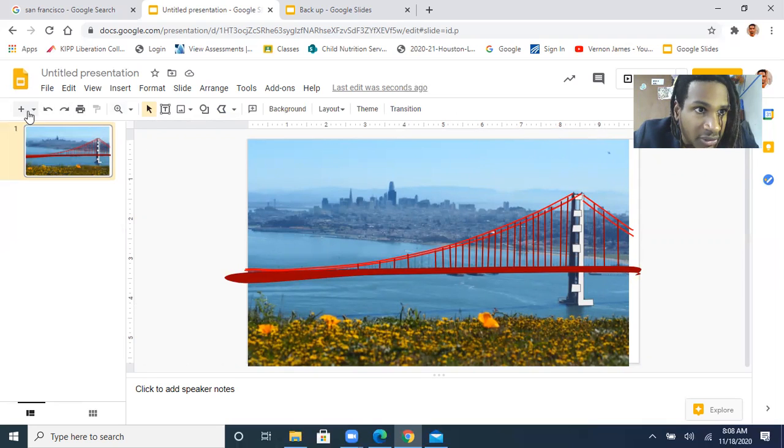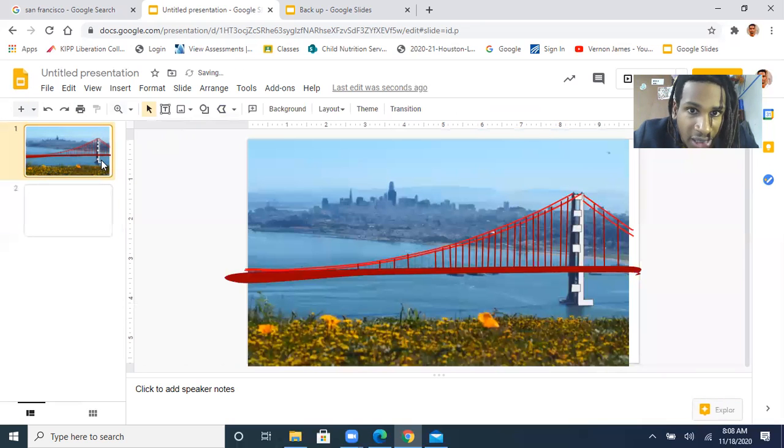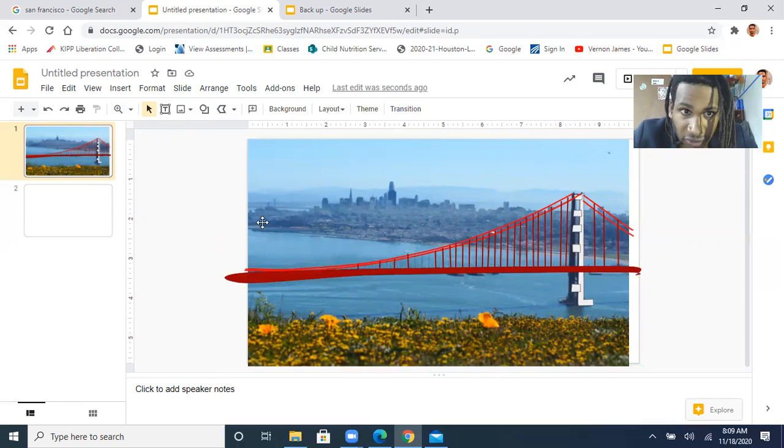And I'm going to make another tab here. I'm going to delete this stuff. And now I'm going to bring my bridge over here, and then I'm going to fix my bridge up. So to bring your bridge or whatever you make to another page, if you did it like how I'm doing it, you're going to go